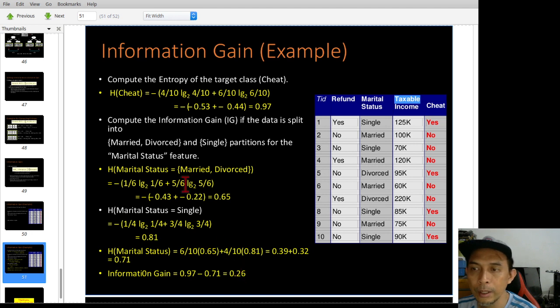Once you have that, then you can choose which one is the best. The higher the information gain, the better that attribute is to be used as the splitting attribute. Okay, so it is very important to understand how to calculate the information gain.